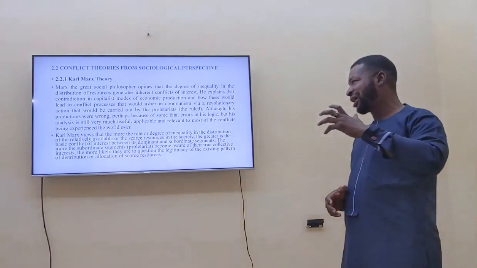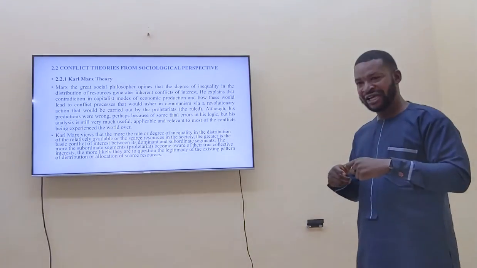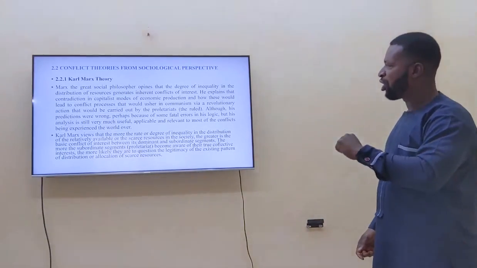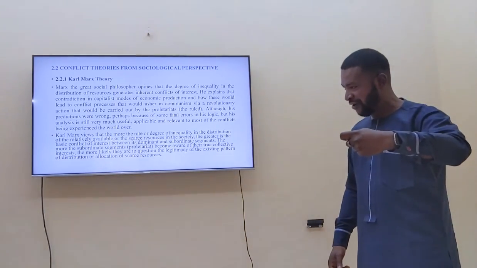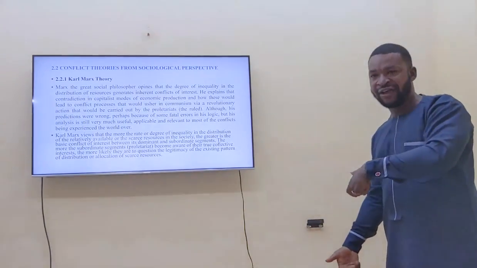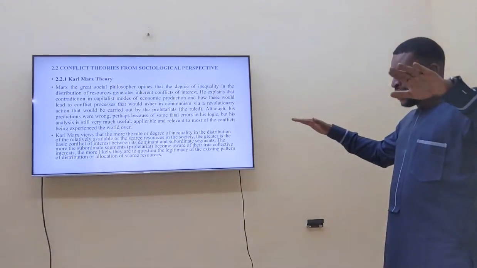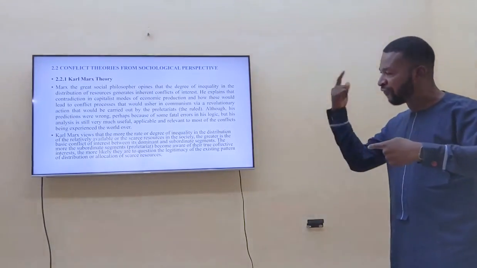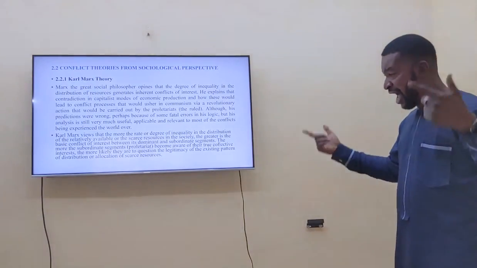Karl Marx is trying to advance here that because of inequality in our society, because of inequality in distribution of resources in our country, definitely it is going to generate conflict. And this conflict comes from those in the lowest cadre of life, the ones we call the proletariats. Because they want to bring a system that brings equality, it leads them to what we call revolution. That revolution in turn is what we categorize as what?